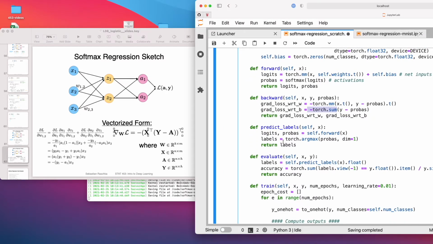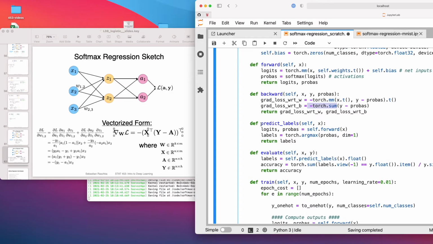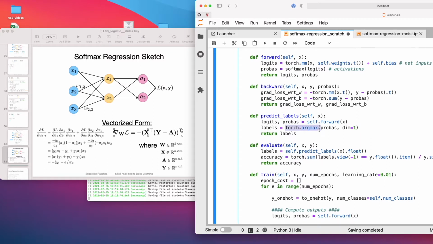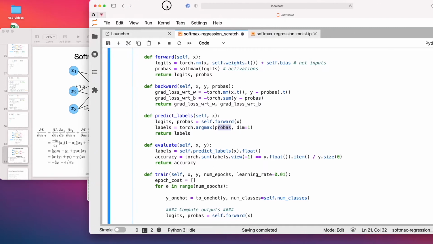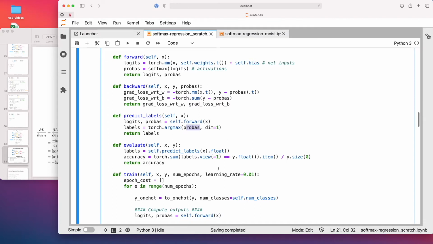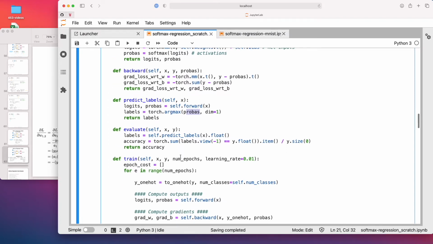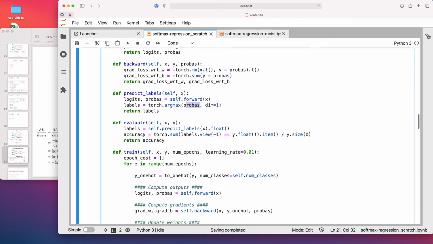This is it. So here in the predict labels thing, I'm just applying the argmax to get the index of the highest probability in the activations. So that's also what I explained to you earlier. I can actually move that back here. All right, so this is all that's new here really. The rest here is the same.